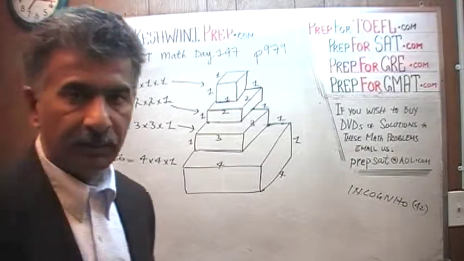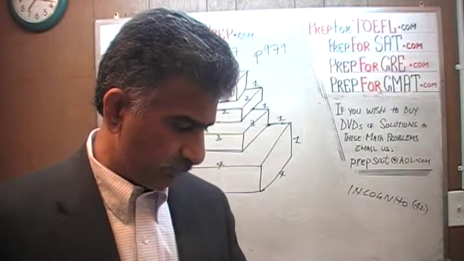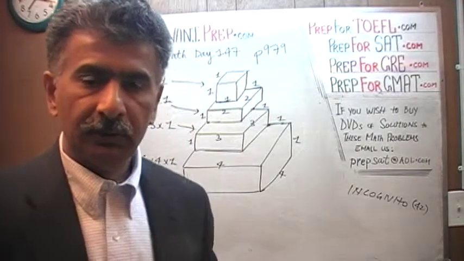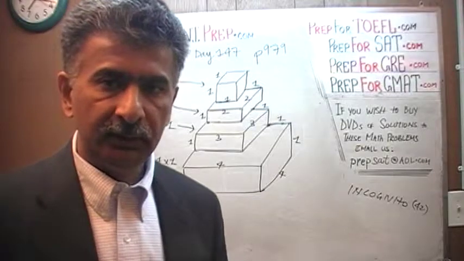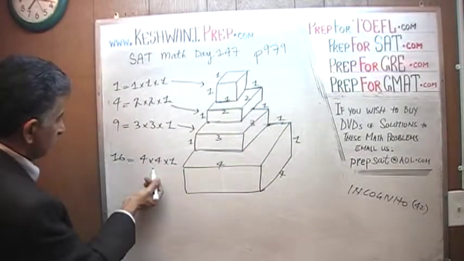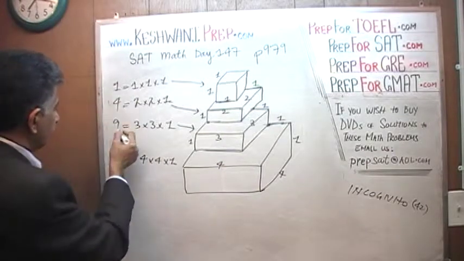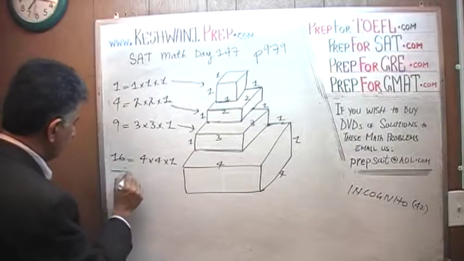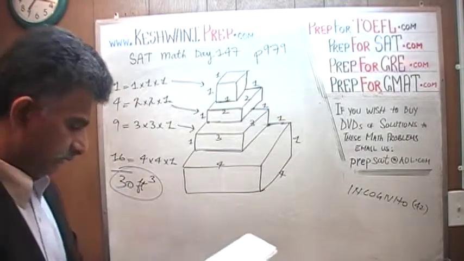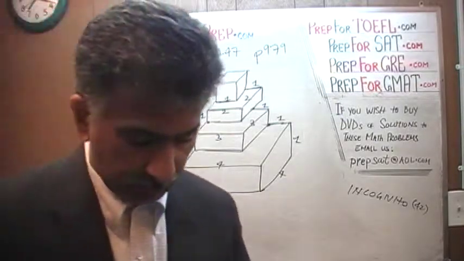What unit are they using? Each layer is a rectangular solid that is 1 foot high, so they're using a foot. So how many cubic feet do we need to build this pedestal? Let's find out. The bottom one will take 16 cubic feet, then the 9 cubic feet, then the 4, and then the 1. 4 plus 1 is 5, and 9 plus 16 is 25, so it's 30 cubic feet. The answer is we need 30 cubic feet of marble to build this